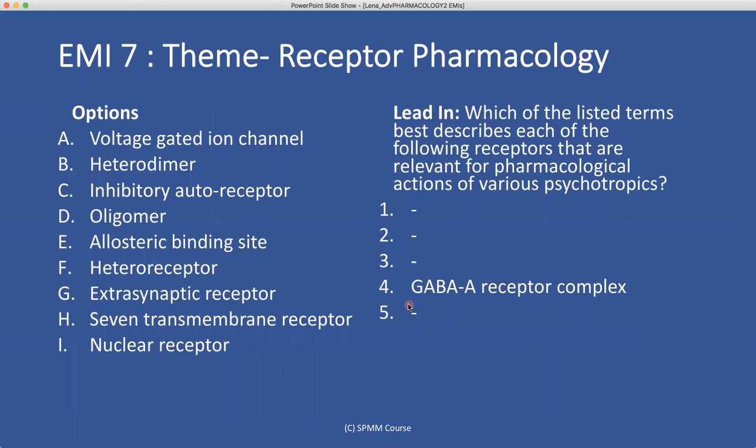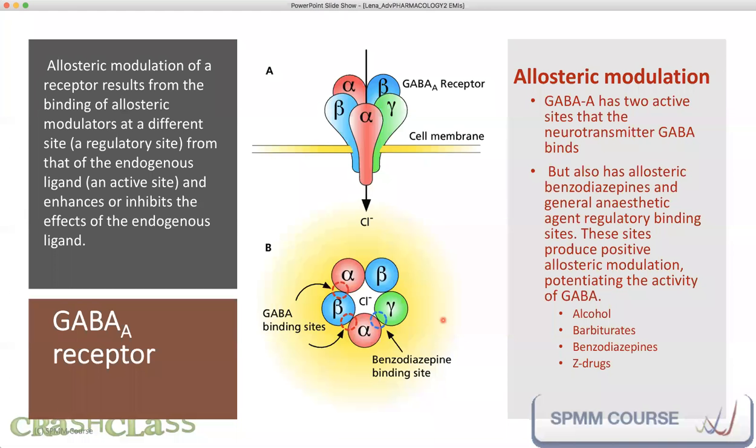They're opened by depolarization. Then you have GABA A receptor complex. What is the description suited for GABA A receptor complex? GABA A receptors are interesting. They're rosette shaped. They have multiple subunits: 2 alpha, 2 beta, and 1 gamma subunit. When they are activated, they open a chloride pore, and chloride ions can enter the cell. But GABA itself binds in only 2 places of this rosette-shaped receptor. These are GABA binding sites. You can see them here.